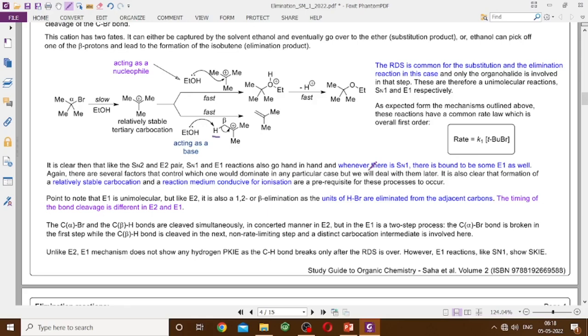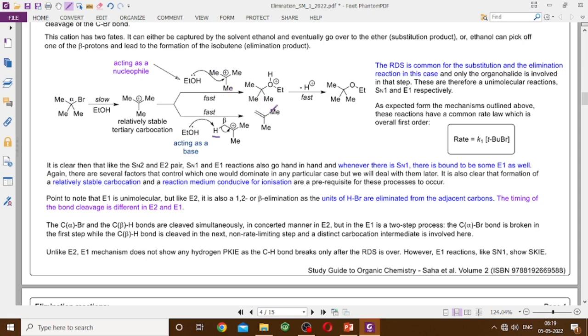So both these reactions are 1-2 eliminations or beta elimination, because HBr elimination হচ্ছে from adjacent 1-2 রিলেশনশিপ আছে এরকম দুটো কার্বনের মধ্যে থেকে, আলফা কার্বন থেকে ব্রোমিন যাচ্ছে আর বিটা কার্বন থেকে হাইড্রোজেন যাচ্ছে। হাউএভার E1 আর E2 ওই CH বন্ড আর CBr বন্ড, এই দুটোর ব্রেকেজের টাইমিংটা ডিফারেন্ট। E2 এর ক্ষেত্রে সেটা হচ্ছে সাইমালটেনিয়াস, আর E1 এর ক্ষেত্রে হচ্ছে আগে CBr বন্ডটা ভেঙে যাচ্ছে, তারপর CH বন্ডটা ভাঙছে। এবং যেহেতু রেট ডিটারমিনিং স্টেপ CBr bond ভেঙেছে,